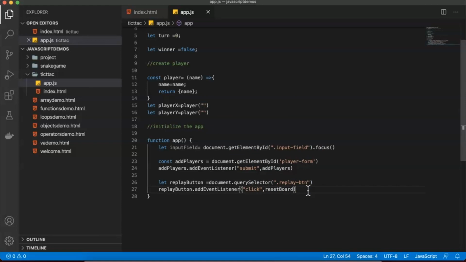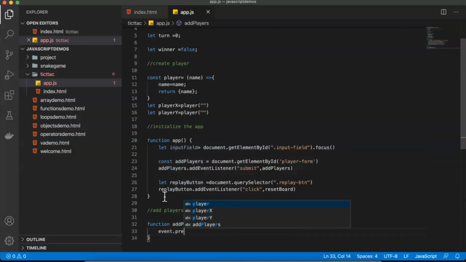Okay, now this is the initial case which we have. Now beyond that, these are the players we have added, and right now it slides to add the players. So this is how we have initialized. After that, let's add players. How to basically add the players? Here we have to just define the function add players, which will take event as a parameter and say event